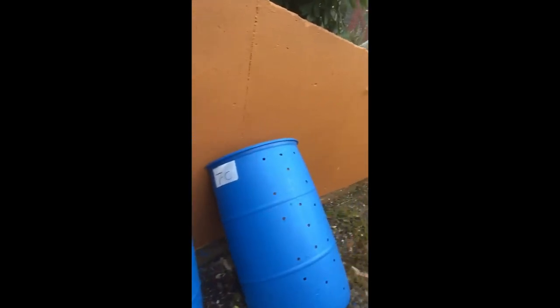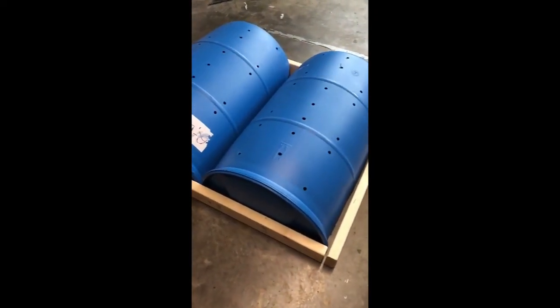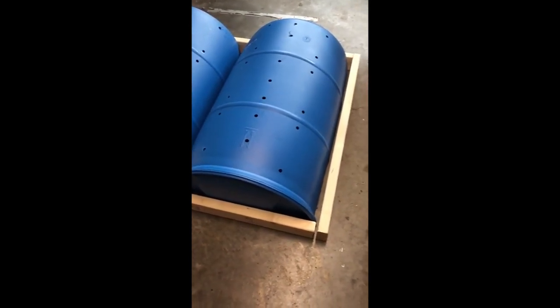I got these for $10 a piece, and they're food grade. They had like lime juice in them or something. But yeah, it's a cheap alternative, and you can use these year after year. I took a 55 plastic barrel drum that had food grade lime juice in it or something, and I took